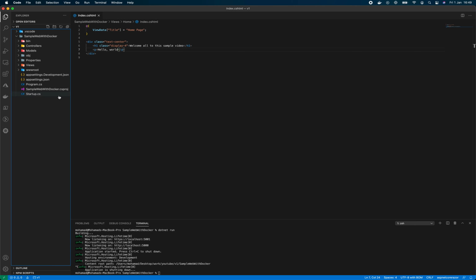So before we do that, as we saw also here, since we're running this locally, we're using Kestrel in order for us to run the application. So once we type .NET run and the application is running, Kestrel will automatically assign the 5001 port to our application. So in order for us to have a more consistent